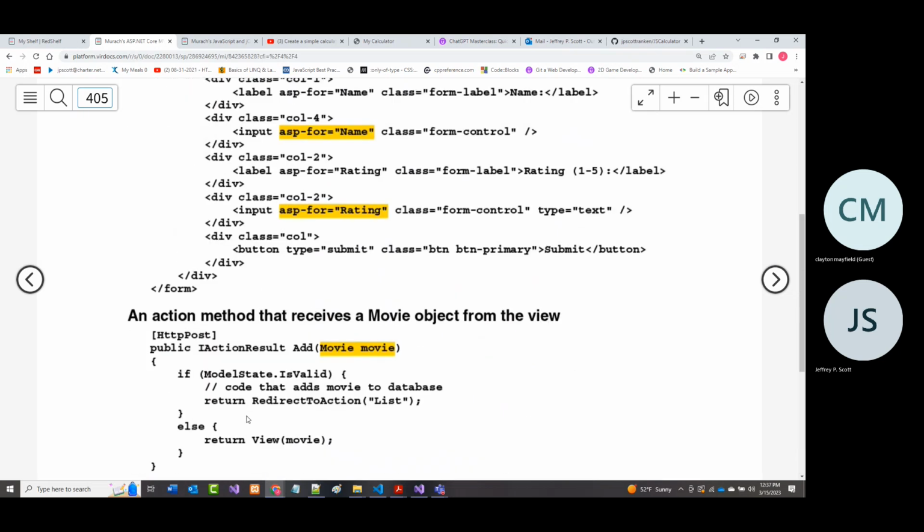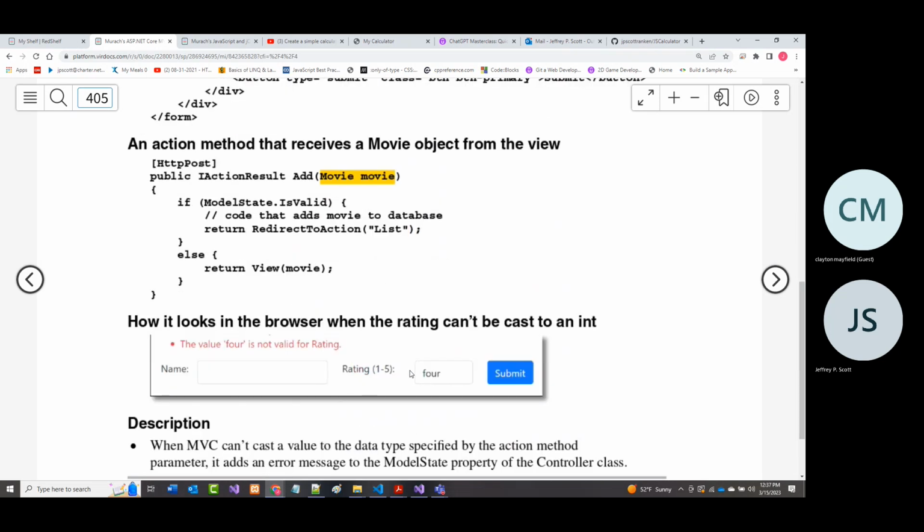So when you run the is valid, it's looking up here to see how this was set up, and looking in here to see what was actually entered. If the two map up, good. Then it'll just return you back, probably to the list. So you've now added a movie and you've added a rating. Otherwise, if it fails, what's typically going to happen, and what I want you to get out of this, is that it's going to return you right to where you were.